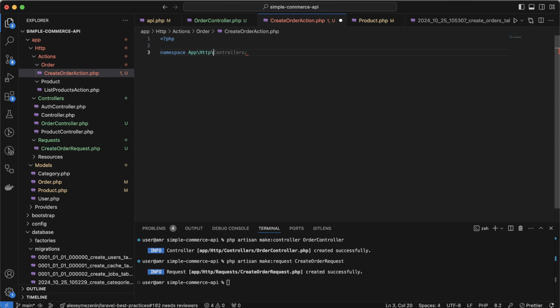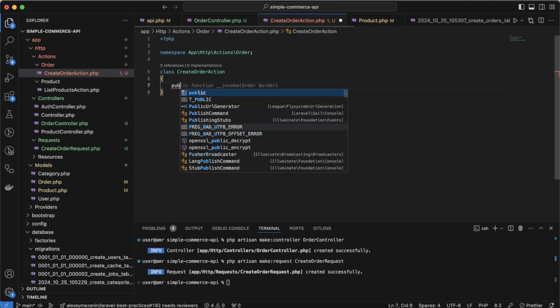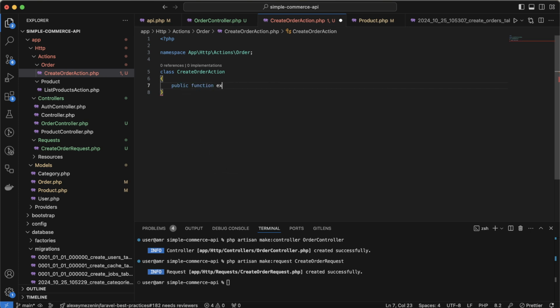HTTP, not controller, actions, right? That's correct. And yeah, it's order, not product. All right. Okay, let's add class create order action. We should have public function execute,